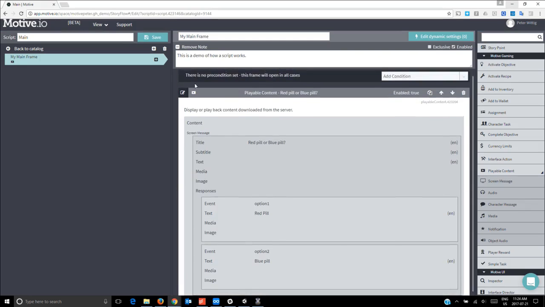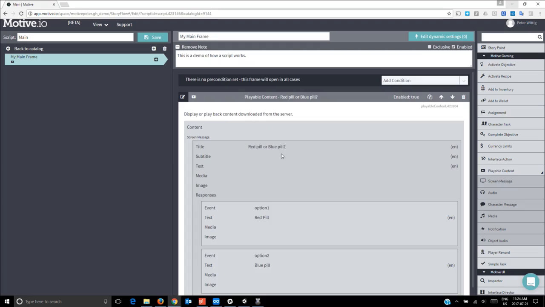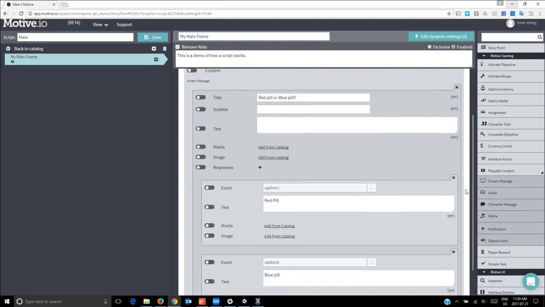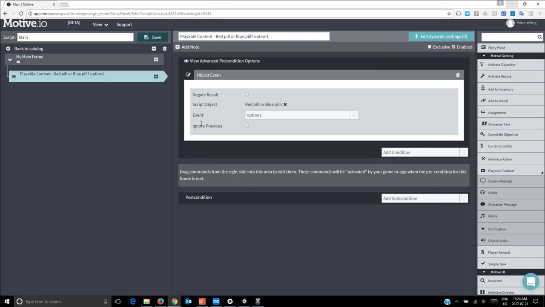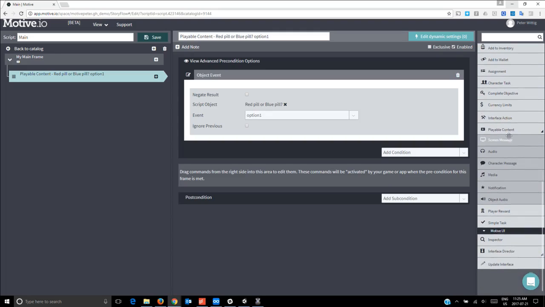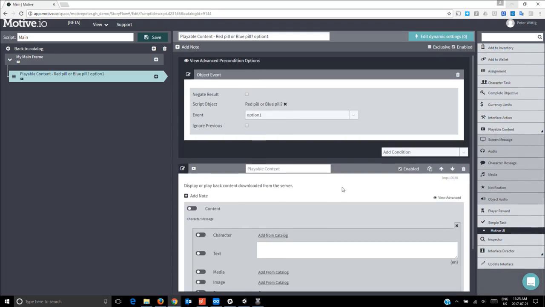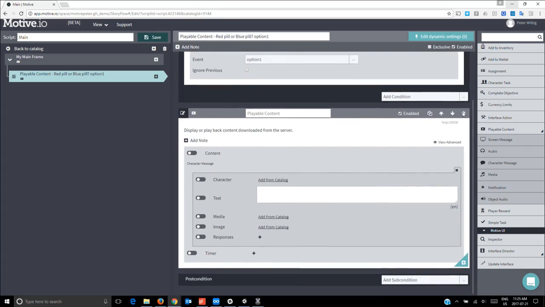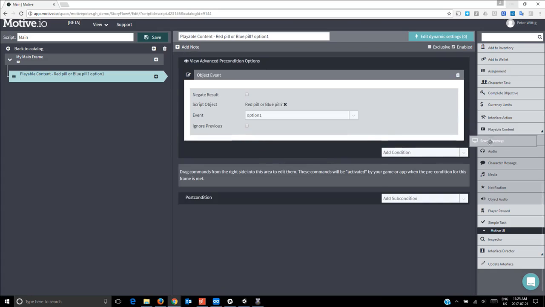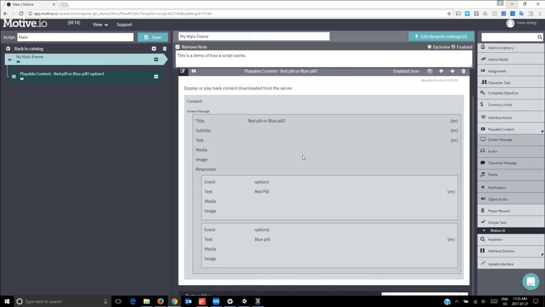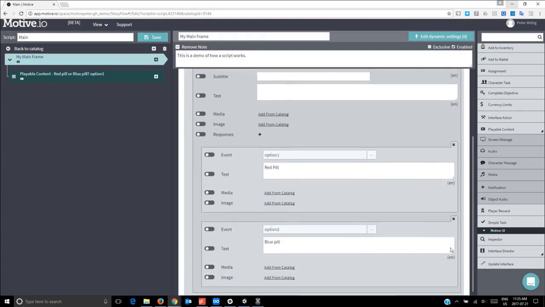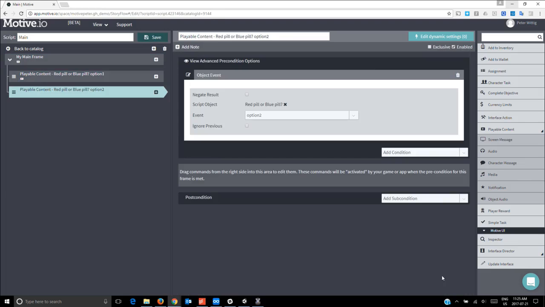So now I've just got a very basic message that's going to pop up with a choice to the user, option 1, option 2. So here's something that you can do. You can say, okay, well, if they pick option 1, which is the red pill, you can see this here, so picked option 1, then I can bring up a character message or any other piece of content. Maybe I'll just say red pill, save, and then here I can say, again, if they pick the blue pill,